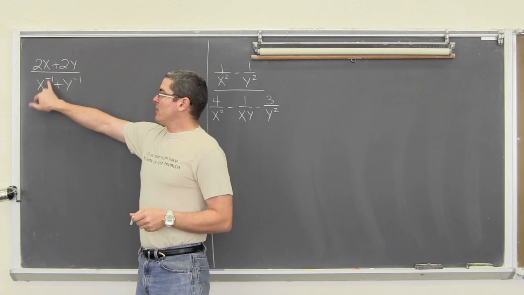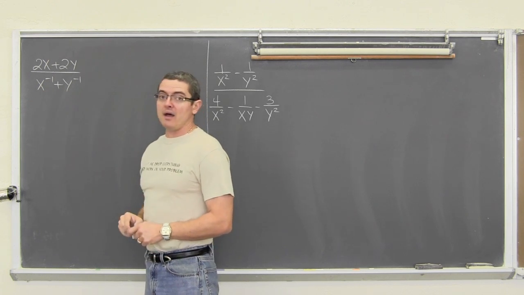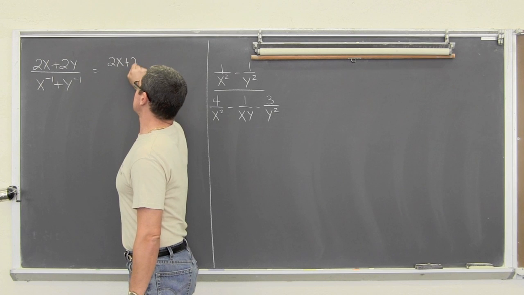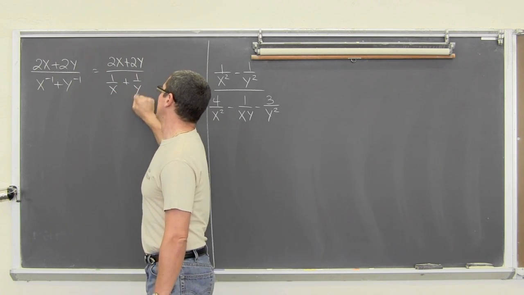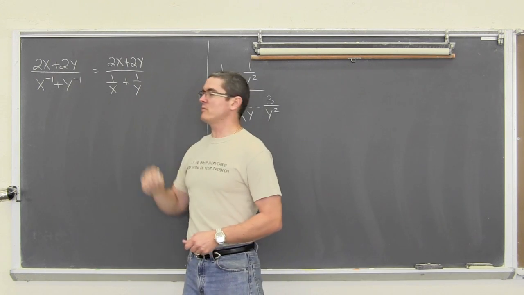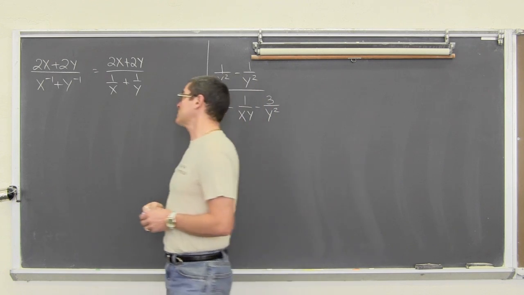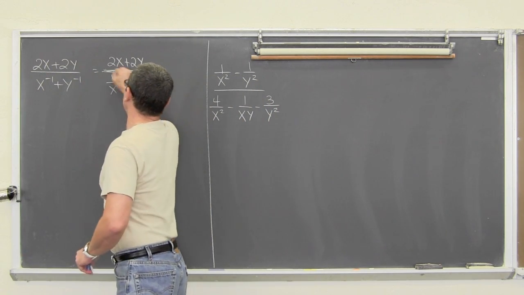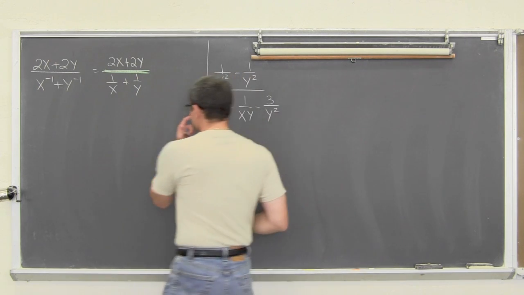So we're going to get rid of that negative power of 1 by moving the x into its own denominator. Same with the y, and when we do that, we get this: 2x plus 2y over 1 over x plus 1 over y. Both of those now to the power of 1, not negative 1, because we moved their bases into the denominator. Now we see that this is a complex fraction. Also, I'm going to make sure we highlight the main fraction bar in case there is any unclearness about that.